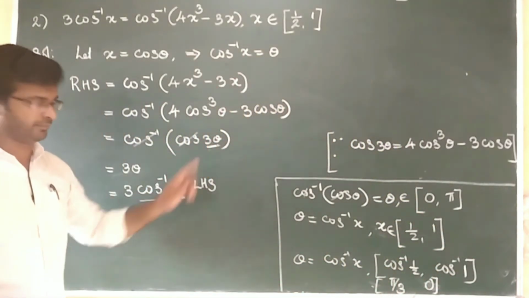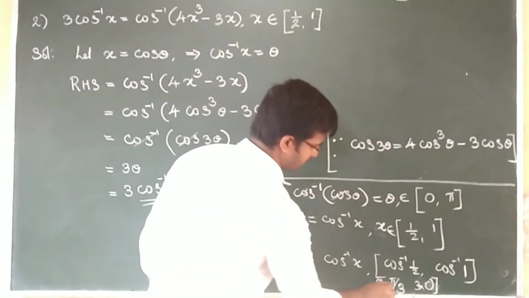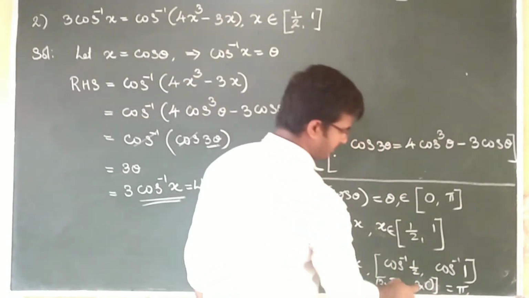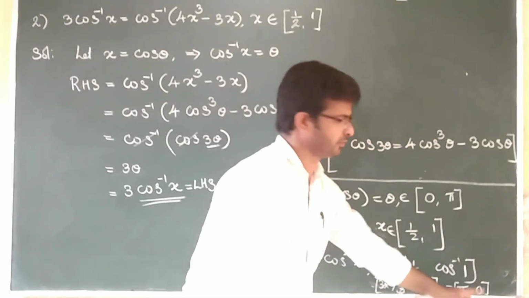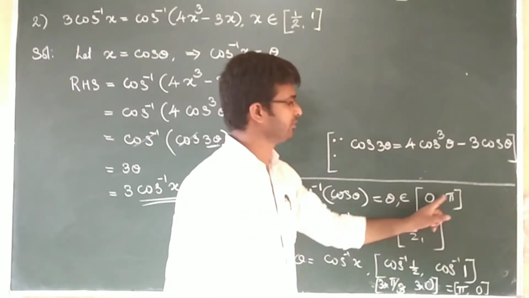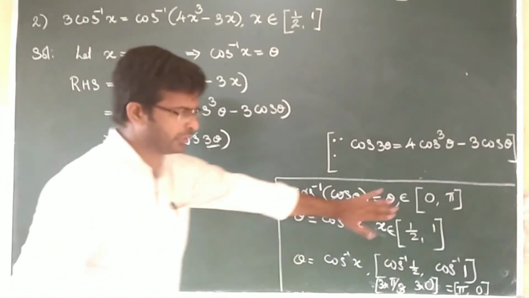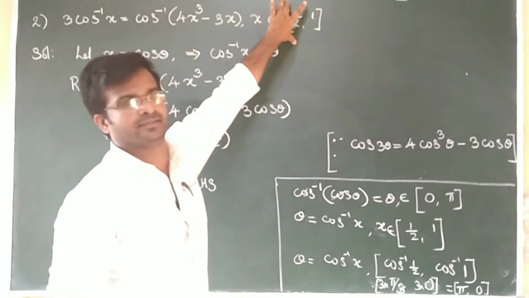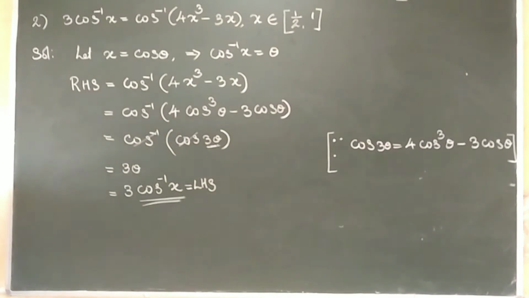But we need 3 theta. Multiply here by 3, and here also by 3. The 3 and 3 cancel, and what remains is pi. Then 3 into 0 is 0. Take it as pi and 0. Theta should be between 0 and pi. It is the same, isn't it? Then we can directly cancel. In board questions this condition is always there, so no need to write this. This is our answer. Just pause the video and write it down in your notebook.